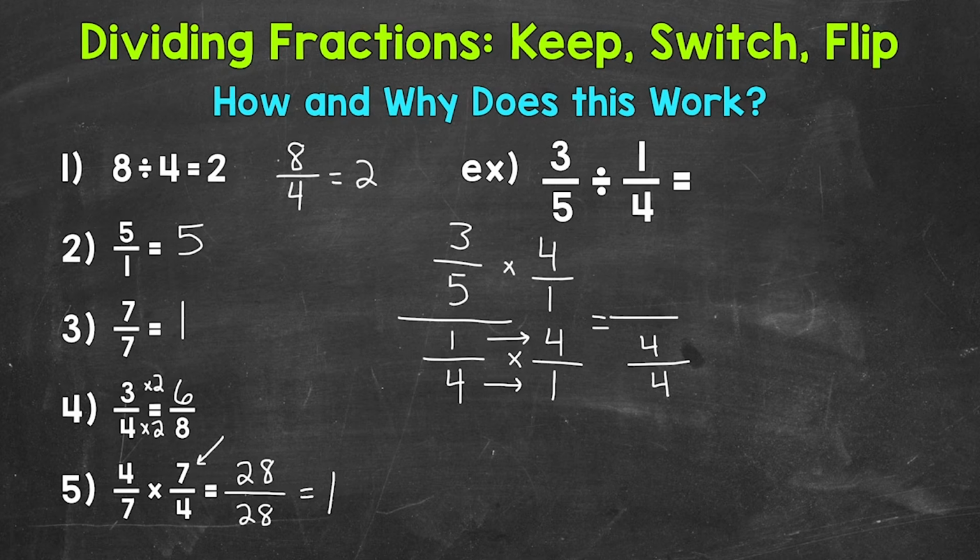Let's do our numerator. So 3 times 4, right here, is going to give us 12. And then 5 times 1 is going to give us 5. So we have 12/5 over 4/4. Now we know that when we have the same numerator and denominator, the fraction equals 1. So let's rewrite this as 12/5 over 1. This is our new complex fraction. It's equivalent to what we started with, but now we have a denominator of 1, and we know that anything over 1 just equals itself. So our answer is